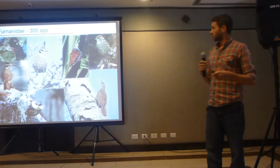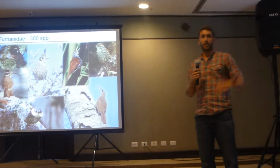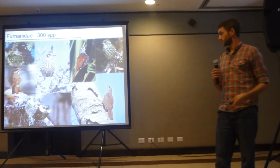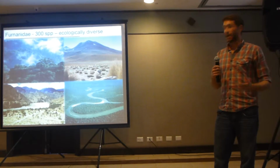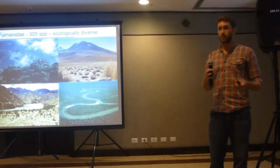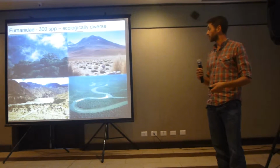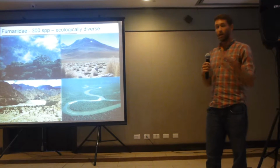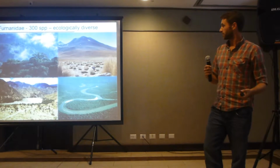So when we think about morphological divergence, we think about divergence and differentiation at small spatial scales, so competition within communities. And so this is one concept of a niche, right? Ecomorphological divergence. But at larger spatial scales, you might have divergence in habitat preferences. So habitats that are either hot or cold, wet or dry, and all the variation encompassed by those major variables. And Furnariidae also have lots of habitat variation. They're found in the wettest Choco rainforests to the driest Atacama Desert, from the bases of high Andean glaciers right down to the Amazon. And so this prompts the question,